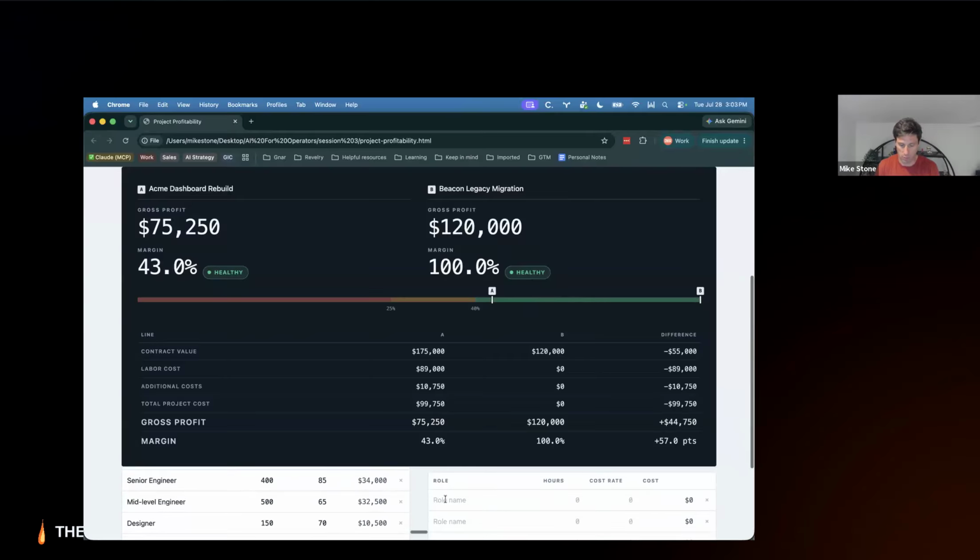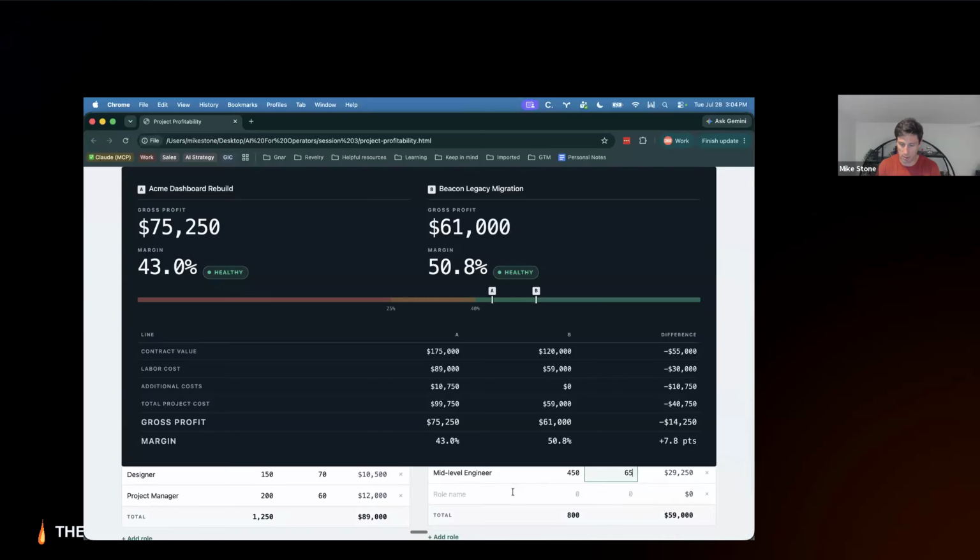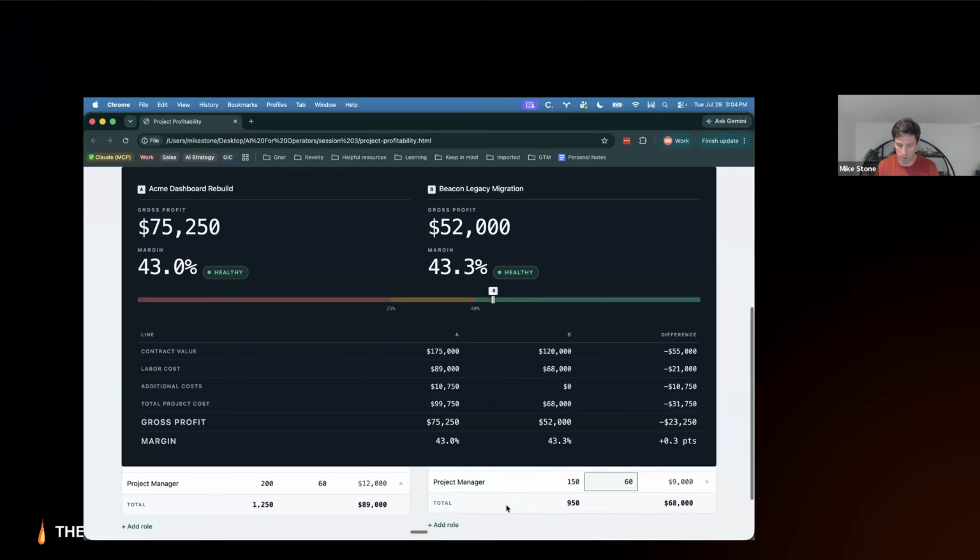Okay, now we'll move to this Beacon Legacy Migration project. And let's say we've got a senior engineer here, 350 hours at $85 an hour, mid-level engineer, 450 at $65 an hour, and project manager, 150 hours at $60 an hour.